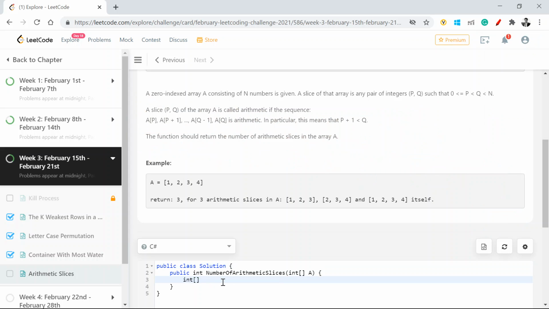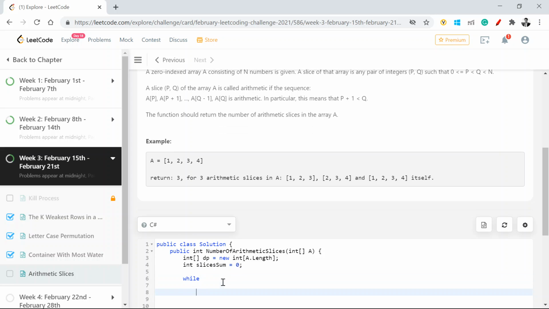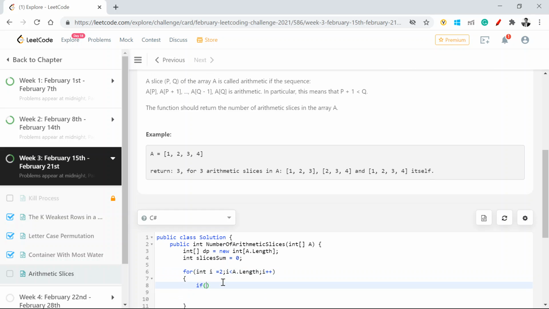I'll create a dynamic array, which will be my DP array. It will contain the length, which will be a dot length, and I'll have a variable, slices sum, that will be equal to 0. Now, for int i equal to 2, i less than a dot length, because I'll anyway work with 0 and 1, i plus plus. Now what I'll say is, if a[i - 1] minus a[i - 2]